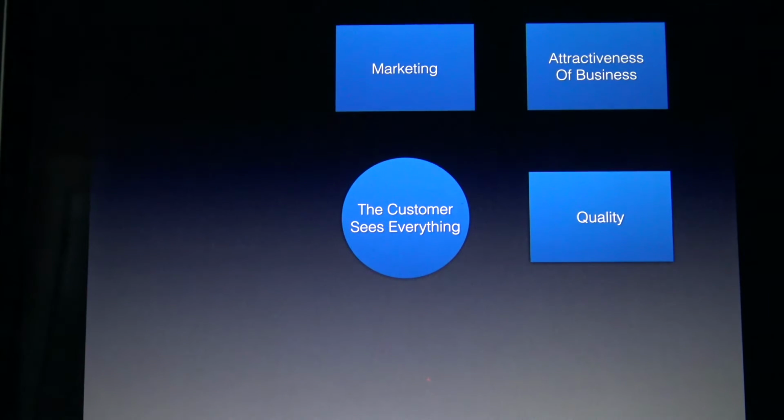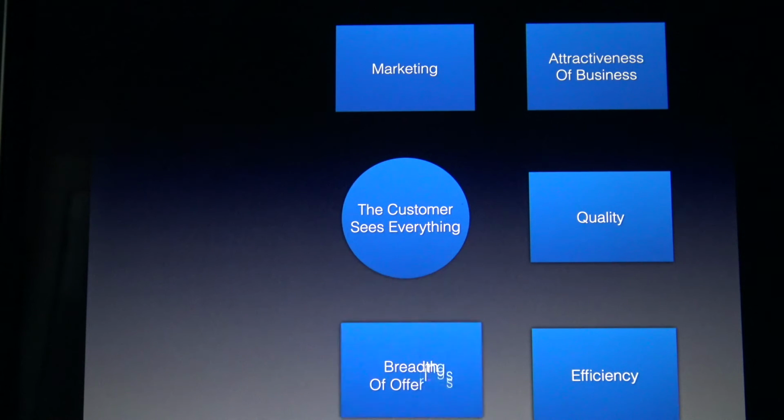Then the quality. In the case of food establishments, is the food quality good? And are you getting the kind of offerings in terms of drinks, etc., that you want? In the case of retail, the quality of the items being offered, and do they in fact match up to your expectations? Efficiency. How easy is it to do business with these people? Does it take a long time to get things processed? Or are they in fact very efficient and get you processed and out as quickly as possible?